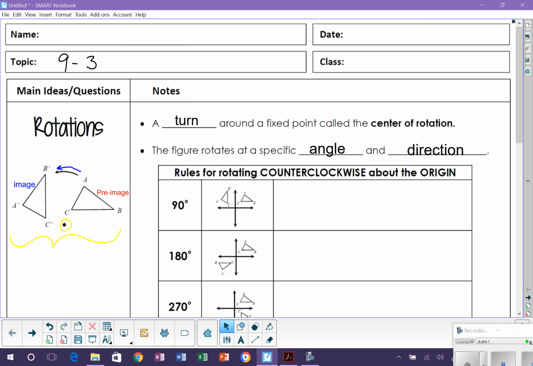Okay, and all by doing this, you're rotating around this point. So when you're looking at this right here, you're rotating your pre-image to your image